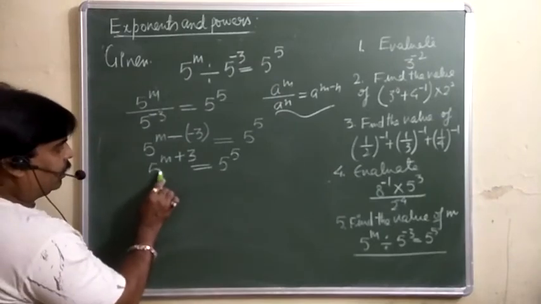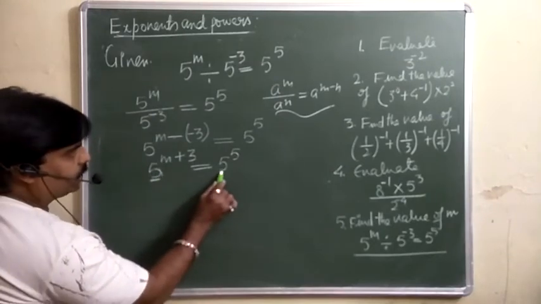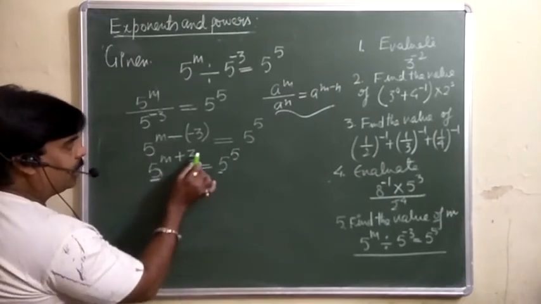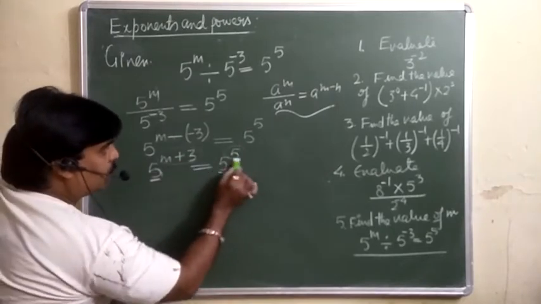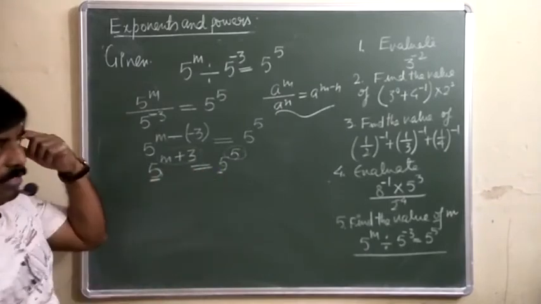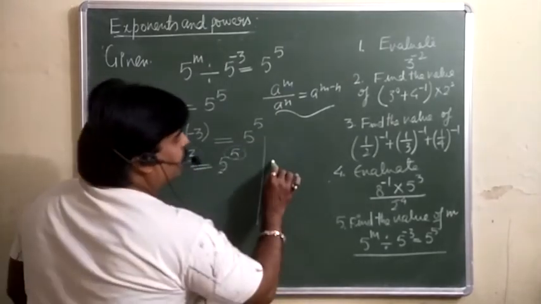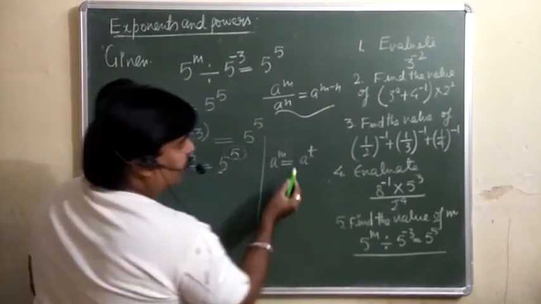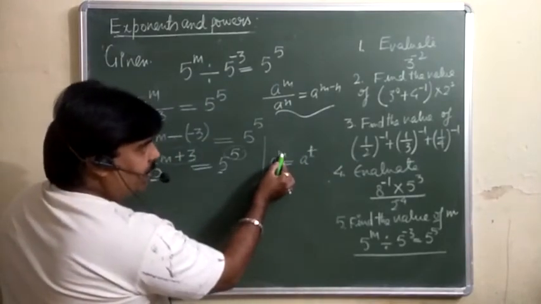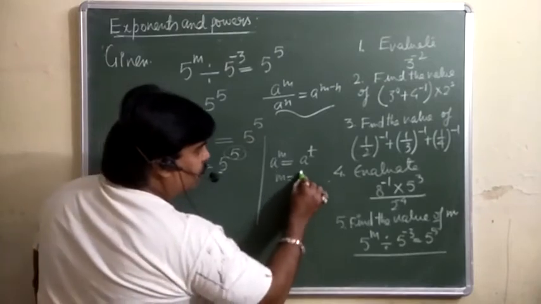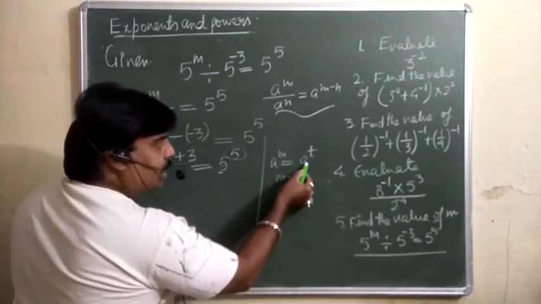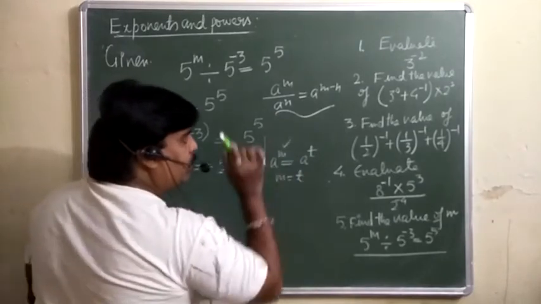ध्यान से देखिए here is the base, this is 5, here is the 5, bases are same. तो this is equal to this one, bases are same है तो इसका मतलब this should be equal to this one, then these two values will be equal. मीन्स का मतलब अगर मैं ये कहूं कि a की पावर m बराबर a की पावर t है तो ये सेम है तो इसका मतलब ये m इज इक्वल टू t होगा तभी तो ये दोनों सेम आएंगे. मीन्स a raised to power m इज इक्वल टू, इफ द बेसिस आर सेम है तो these two must also be equal, then they will be equal.